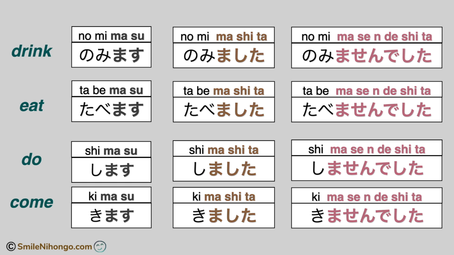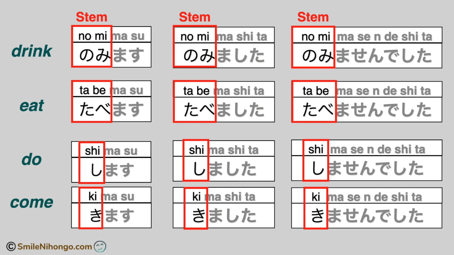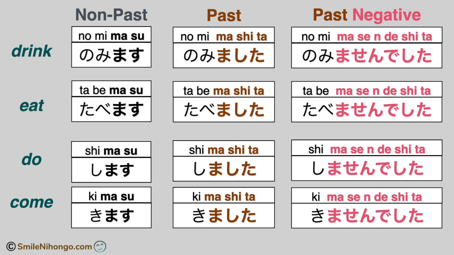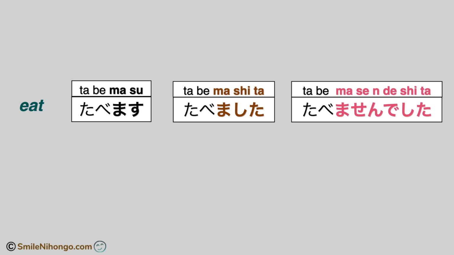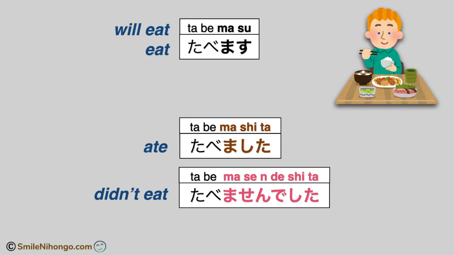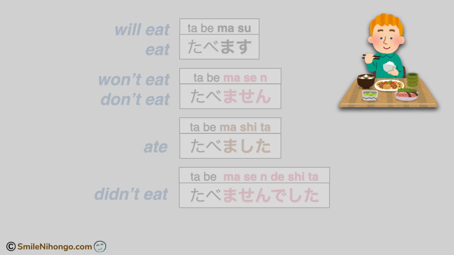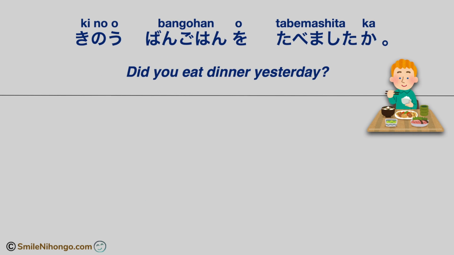By the way, in case you don't know, this beginning part of the verb is called stem. You can remember that the stem indicates the meaning, and the ending indicates the tense of the verb in mass form. So for instance, if you want to conjugate the verb eat, 食べます, it's going to be like this in mass form. 食べます。食べません。食べました。食べませんでした。